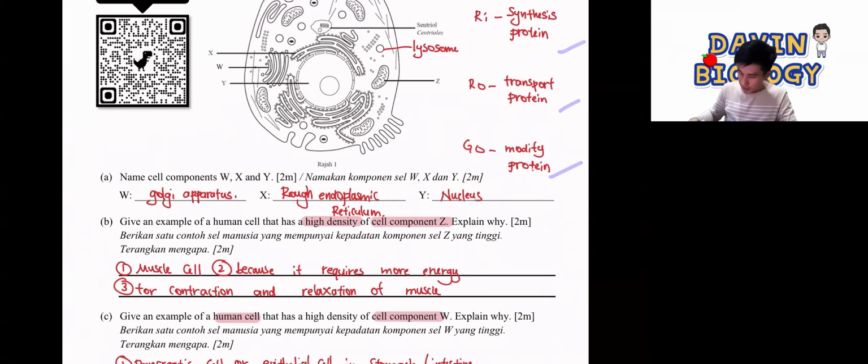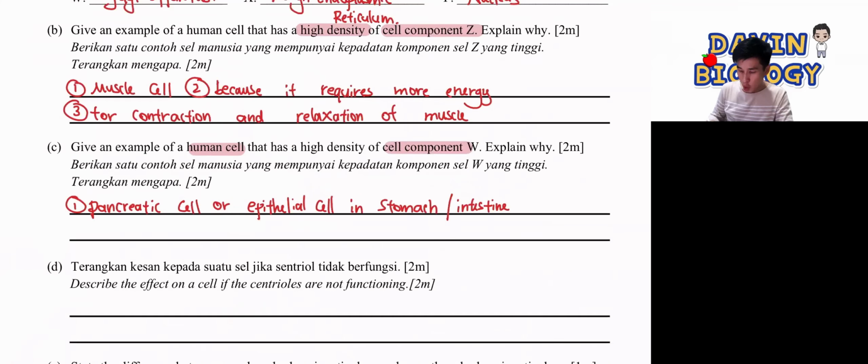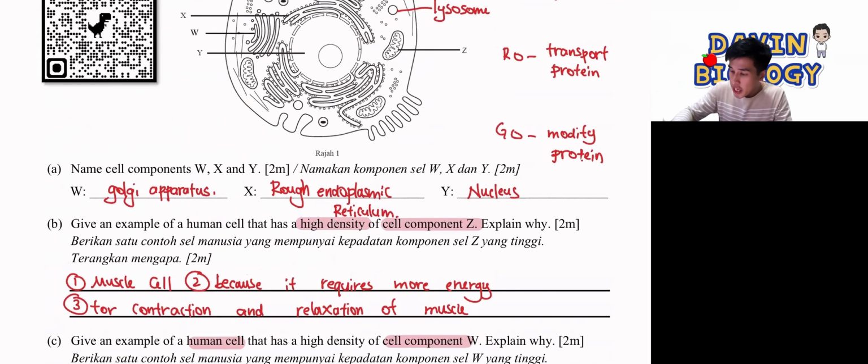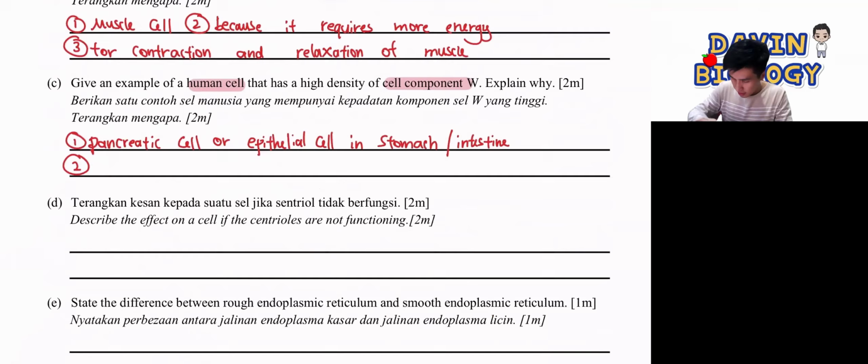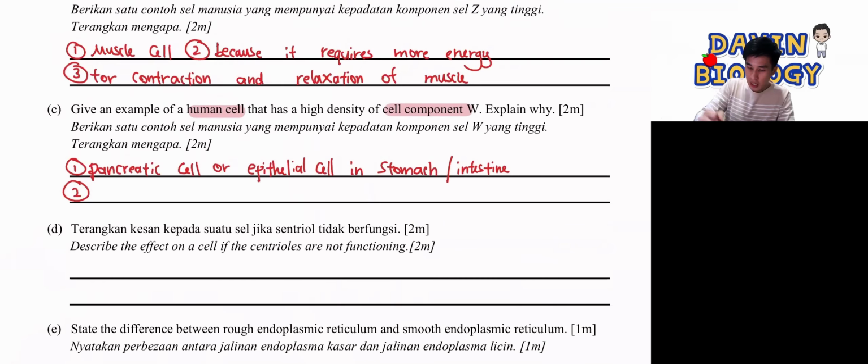People who say goblet cell can also be accepted. But for goblet cell, later there will be one question. Okay, then how do we explain? Same, we state the function first. So Golgi apparatus modifies protein, right? So it's because pancreatic cell, because this is to modify